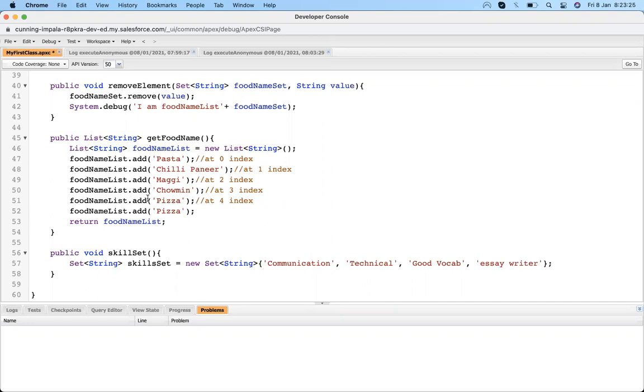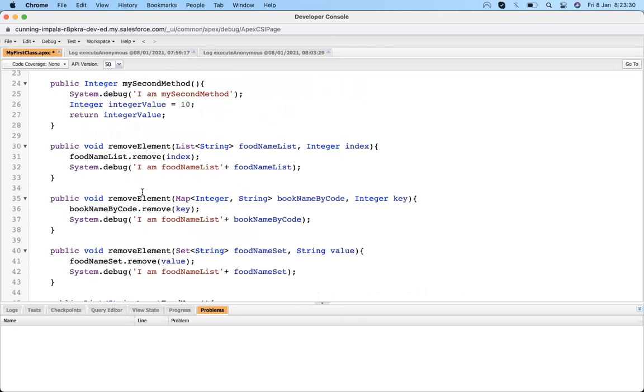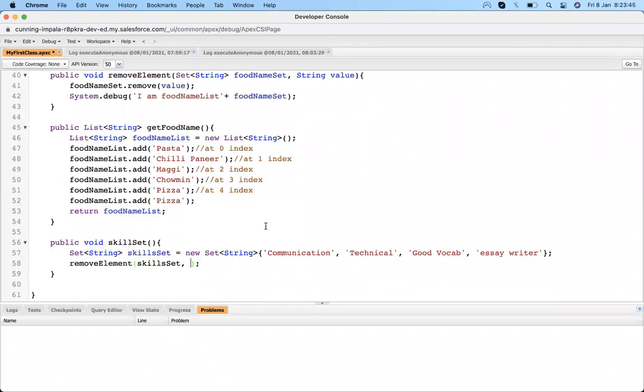Okay, we declare a set, and now suppose I need to remove any element from the set. I will call my method removeElement. Then I will pass the set name and index. Suppose I need to remove technical, so I will pass the second.